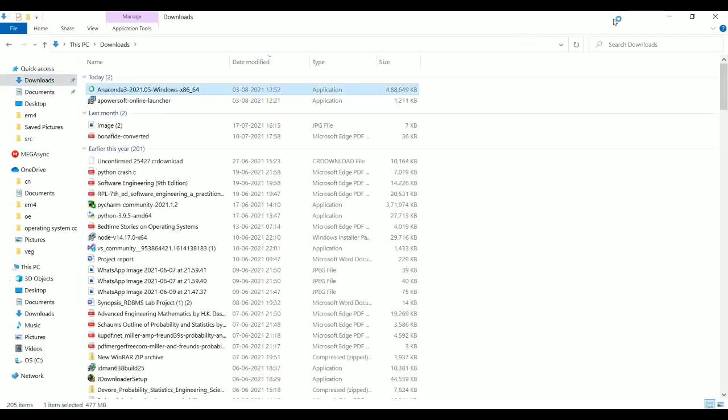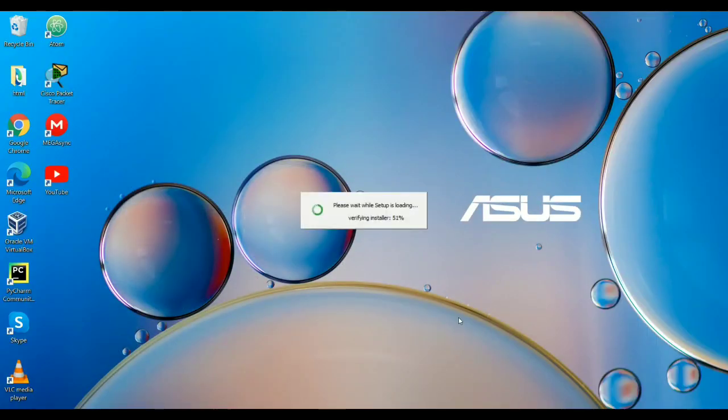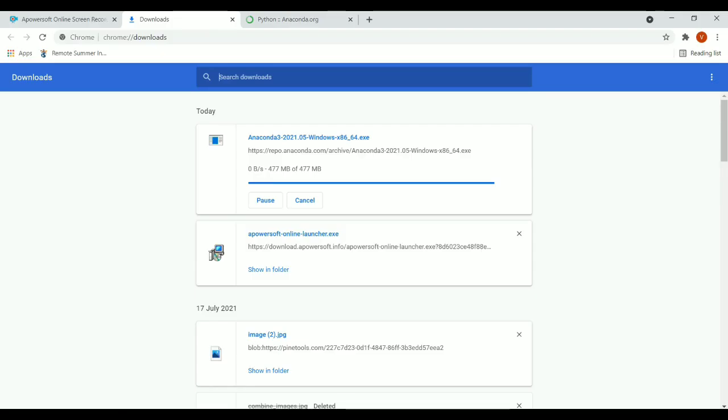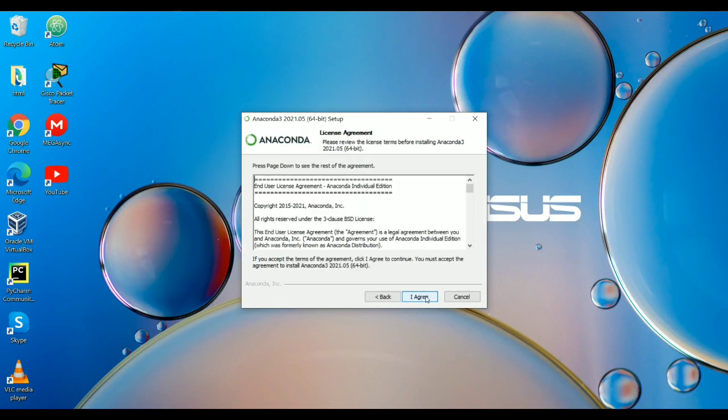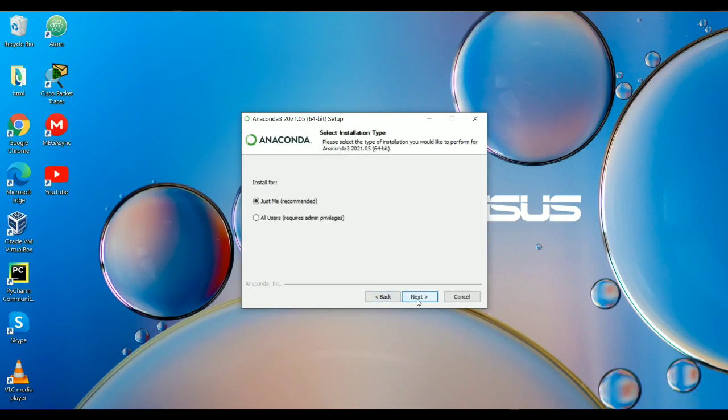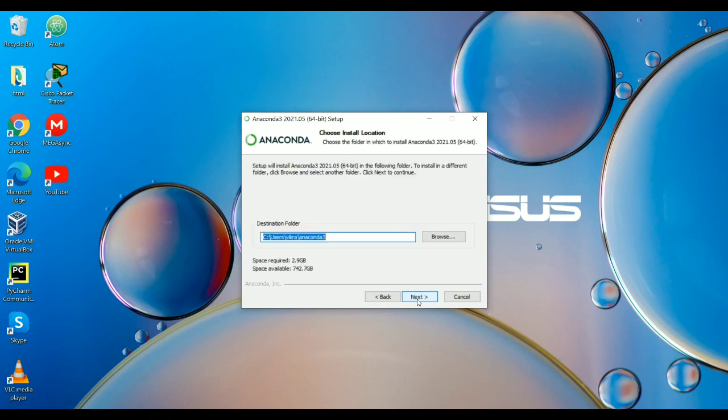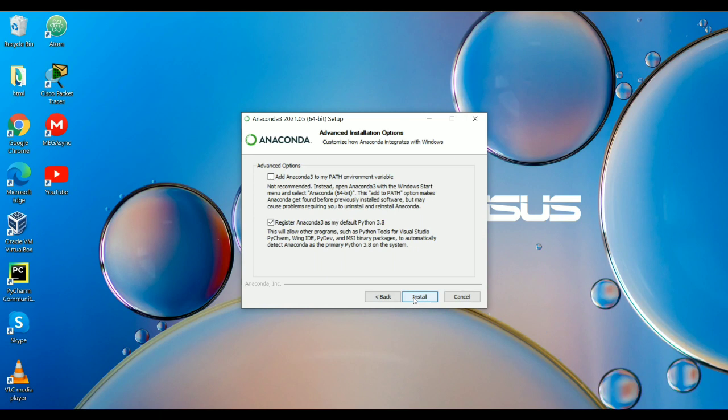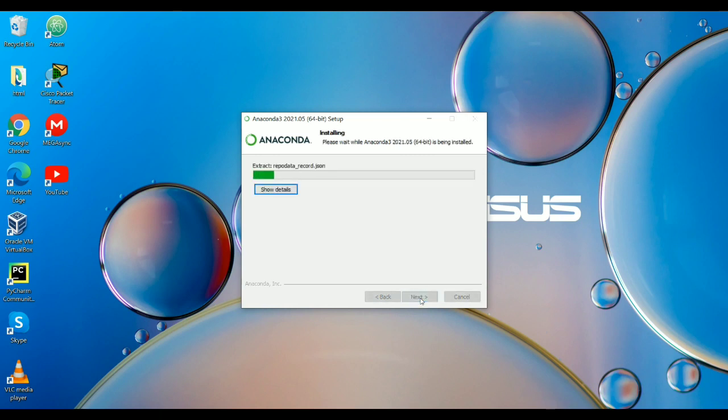Yes. So we'll now install Anaconda. We'll run the setup and see how it goes. In whichever folder you want to save it, you can save it. I am just saving it into the C folder by default. If you want to give a specific path or a Python environment directly, you can give it. Now I am installing Anaconda.